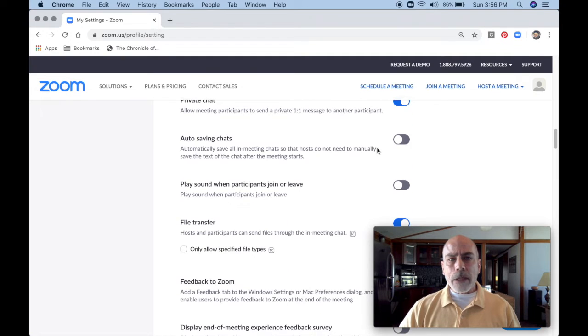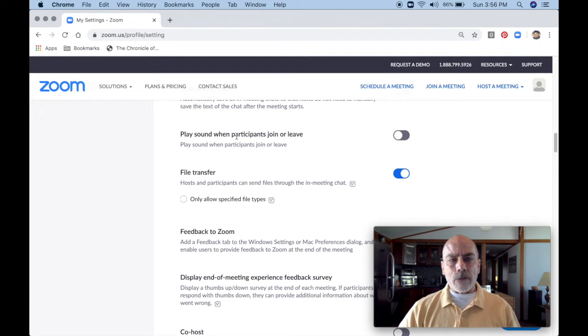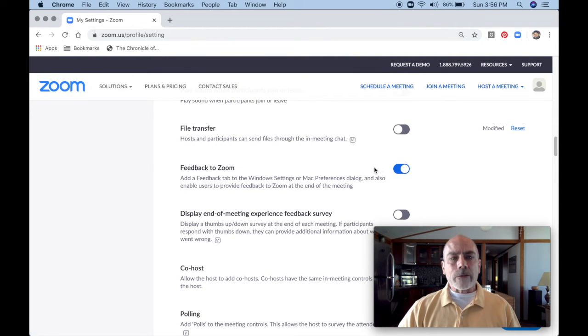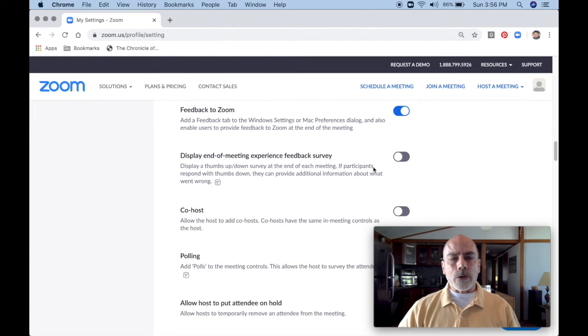The one big one in particular under chat is file transfer. I would highly recommend that you turn this off, which basically disallows anybody that's in the chat area to be able to send files out to other users. So I am just going to say, I don't care who you are, you're not going to send files to my people. The next one I'm going to scroll down to